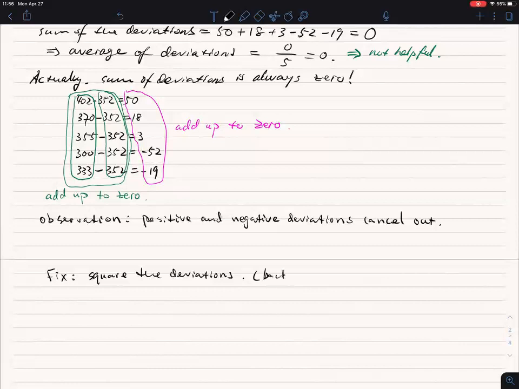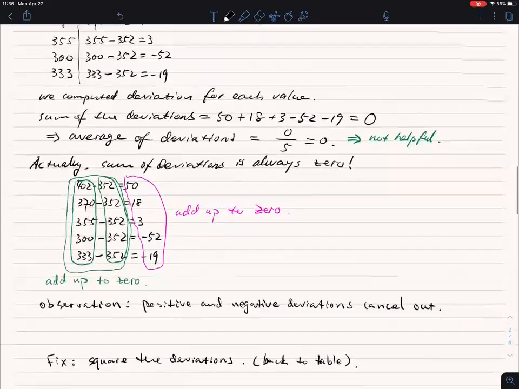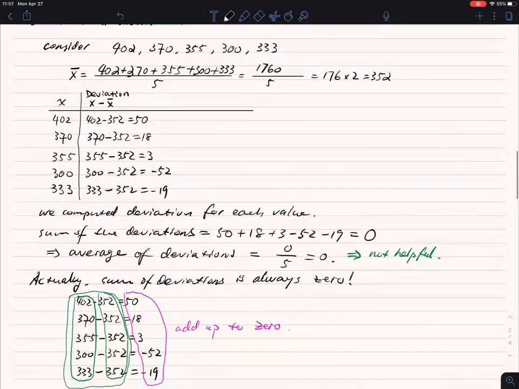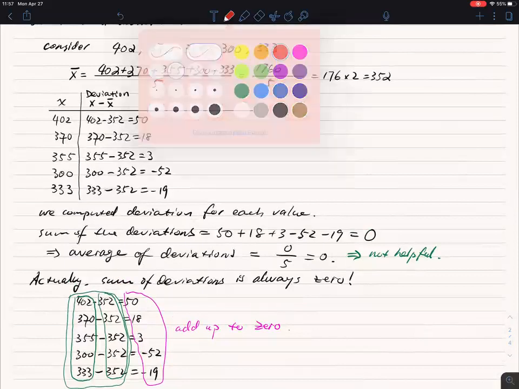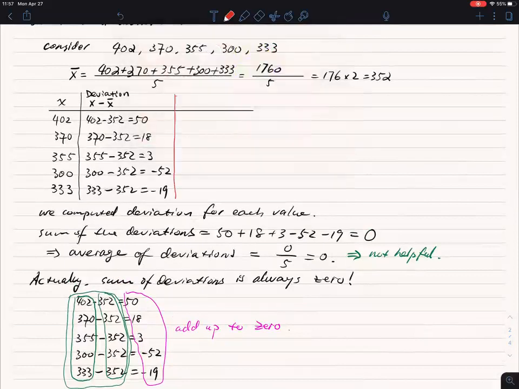So let's go back to the table and add something to it. We're going to add a new column here. Let's square the quantity we get in the second column. So 50 squared is